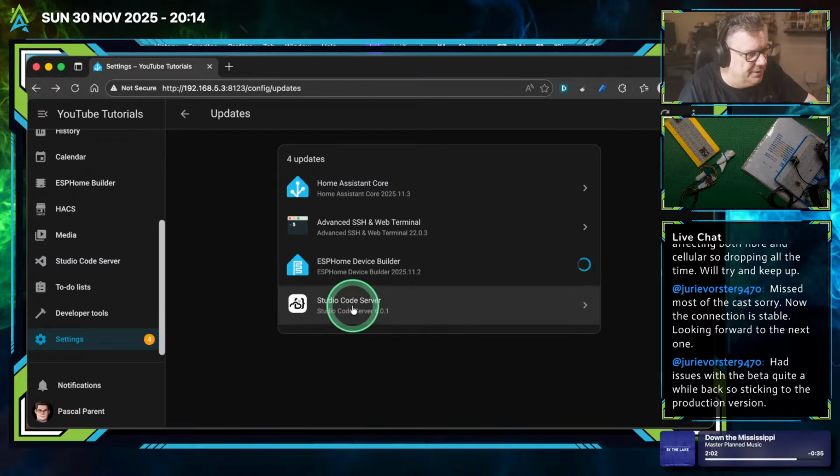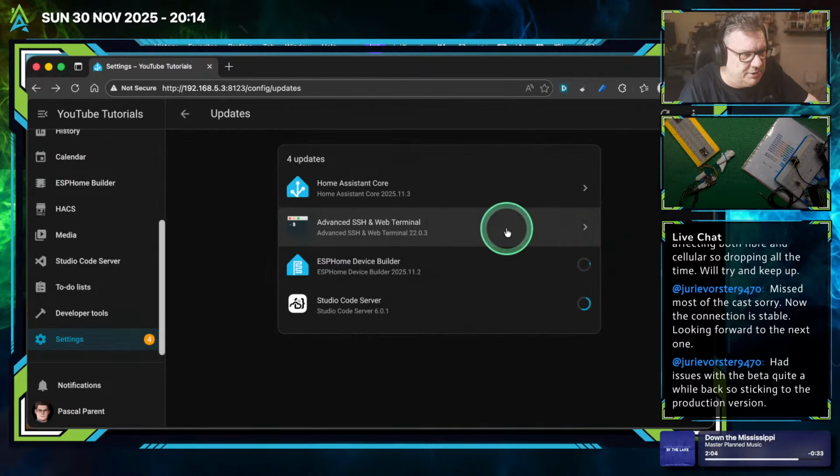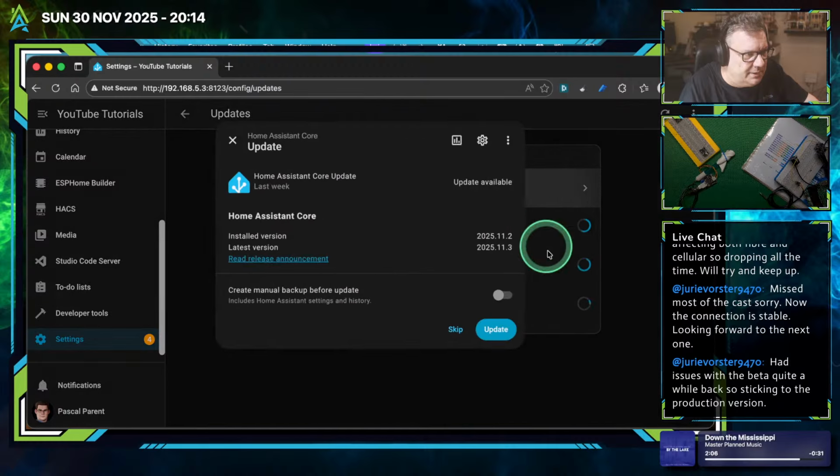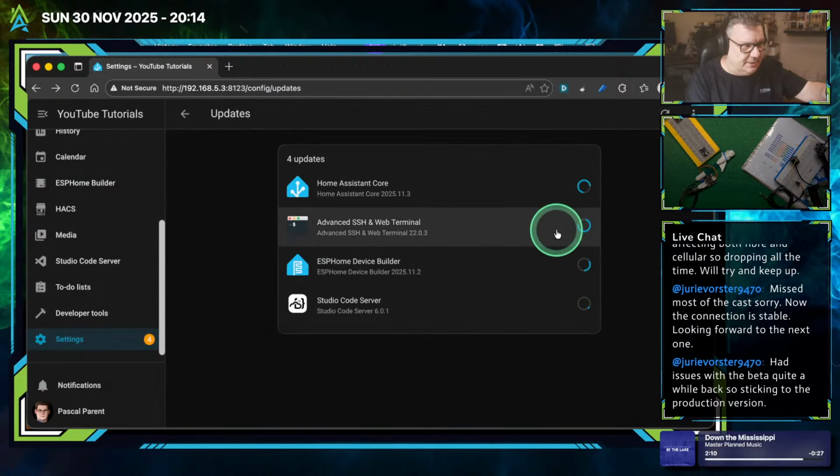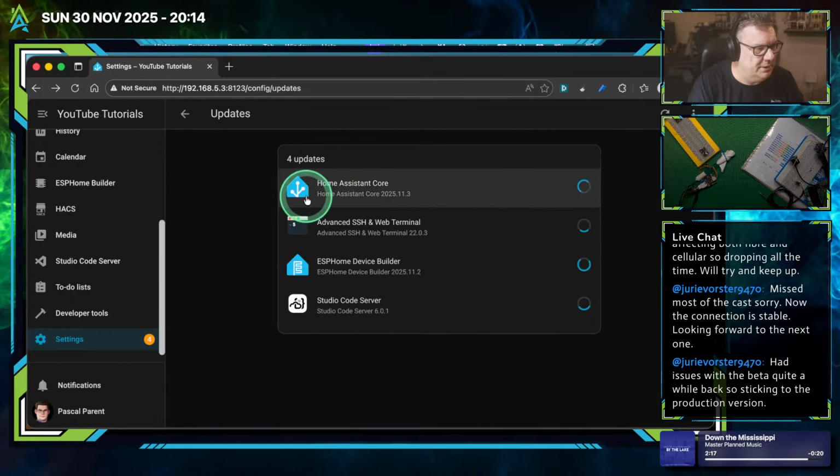And I see code server as well. I'm going to just run the update on all of them. Like that, it's done. Oh, and if you're wondering why I don't back up, it's because the entire thing gets backed up. The entire machine. This is a virtual machine that's running